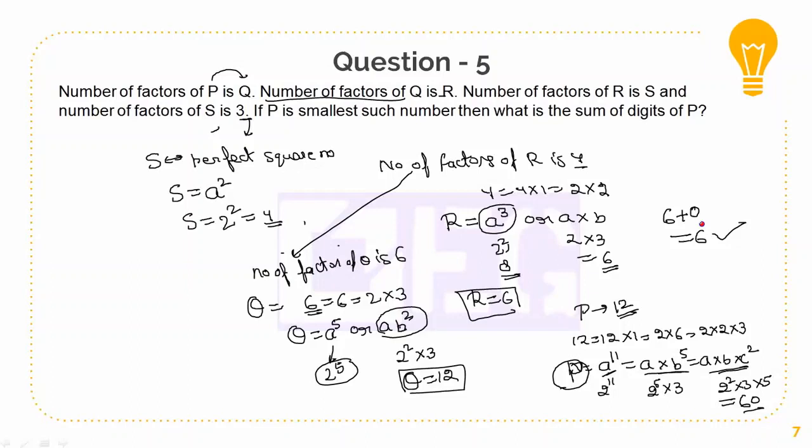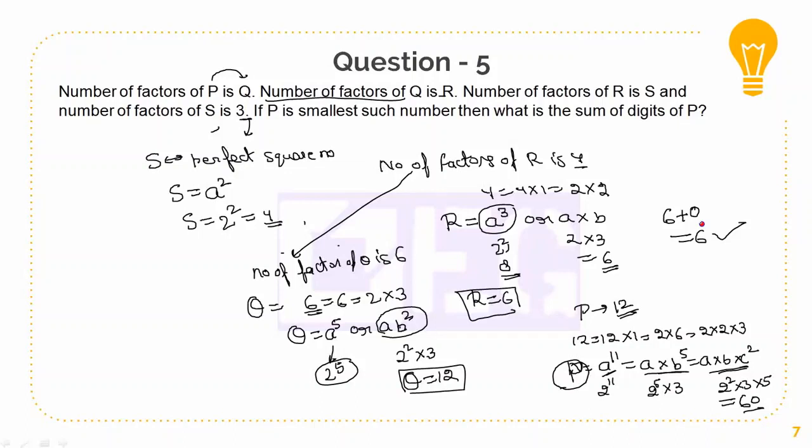That means it made you solve 4 questions yourself. You want to find the smallest value of s. First learning: if it has an odd number of factors, that means it will be a perfect square. If the number of factors of s were 5, then it would be in the form of a to the power 4. If the number of factors of s is 7, it will be in the form of a to the power 6, and so on. That means if it contains an odd number of factors, then it will be in perfect square form. So s is equal to a square.